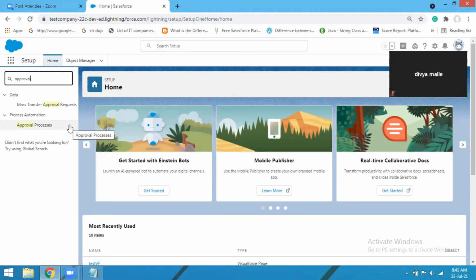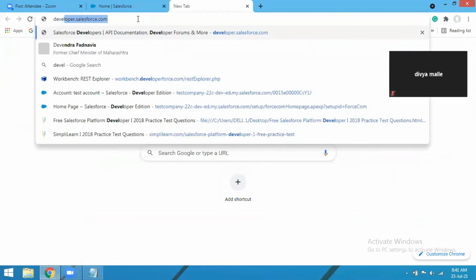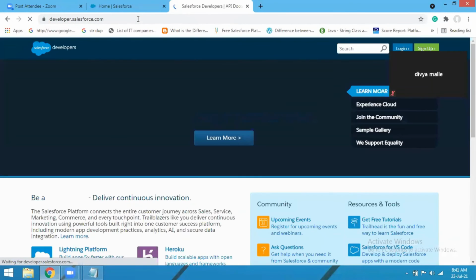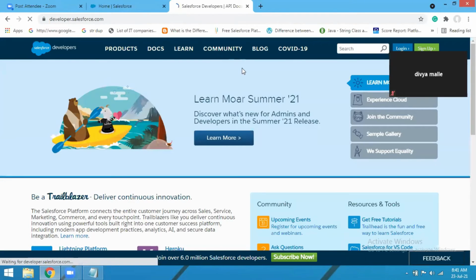So what I'll do is, I'll tell you how can you get this instance and what's the process for that. So what you have to do is, first go on developers.salesforce.com. Once you go there, here you will get a sign up button. Click on sign up.